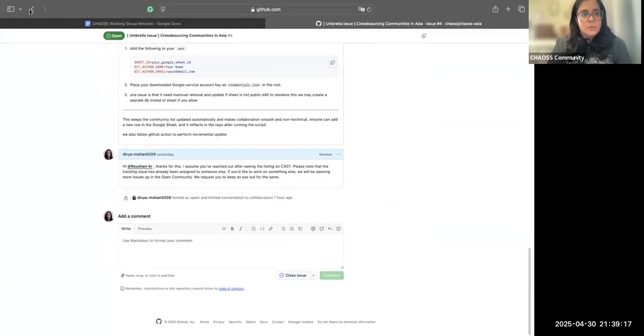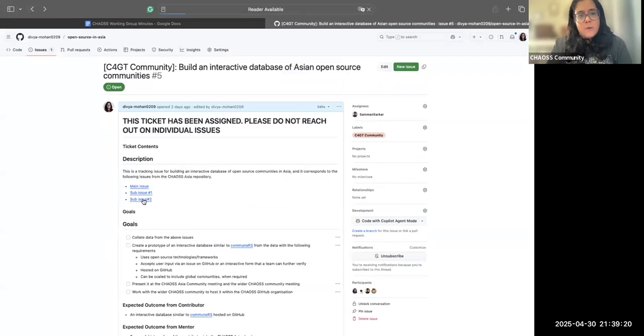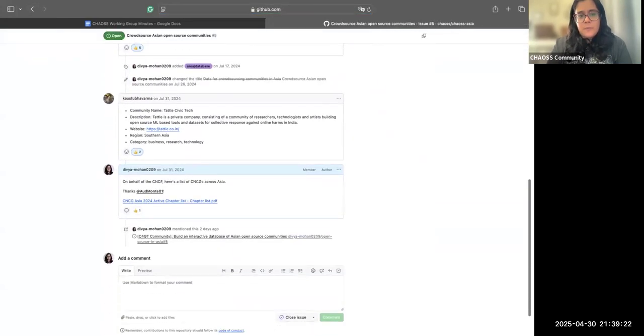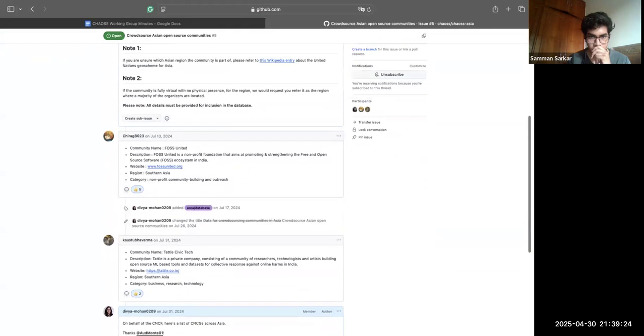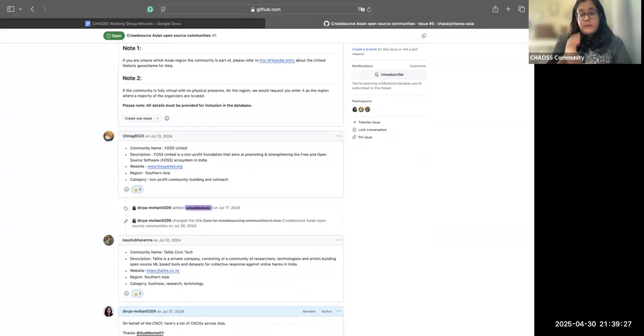That's not in sub issue 1 clearly, but sub issue 2. There are a couple of details already around the communities that we want to enter.